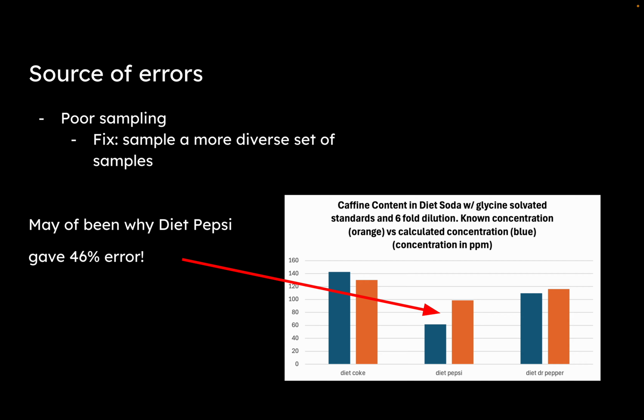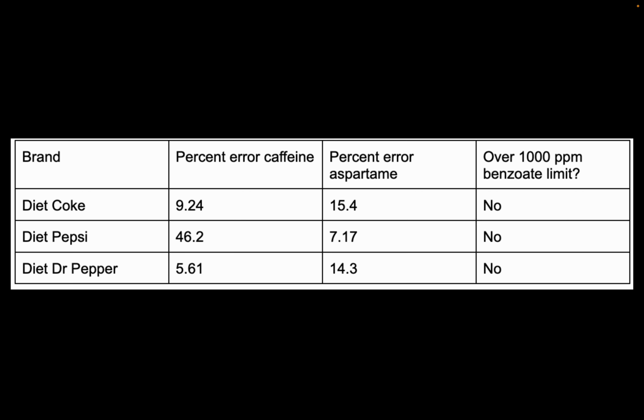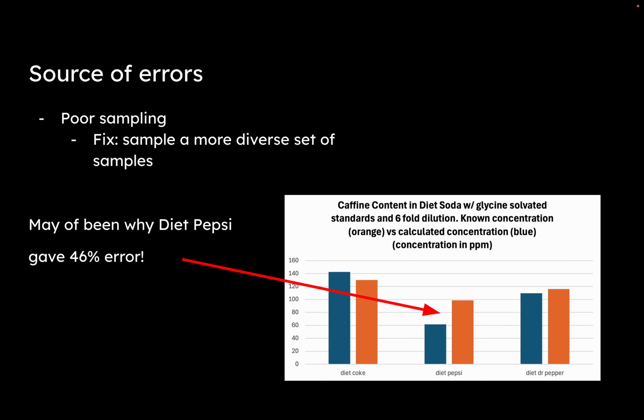Okay, so what is the source of the error here? Well, I believe that the reason that this data came out with a decently high error is because of poor sampling. Now, when I sampled initially with the 1-fold dilution, I amalgamated like 3 cans of each soda into one big solution so I could get a good homogenized sample from what I was given. However, in the second go around in the 6-fold dilution with sonication, I just didn't have time to do this. So what I had to end up doing